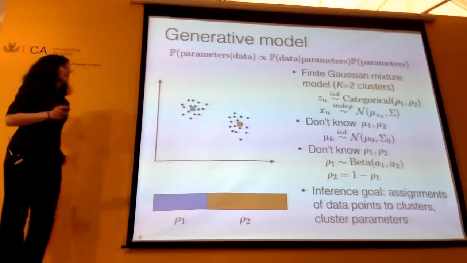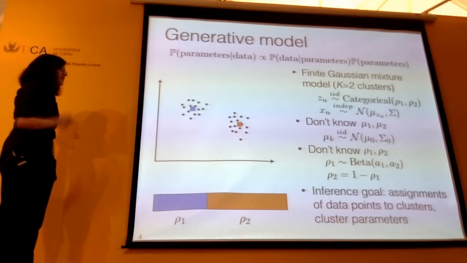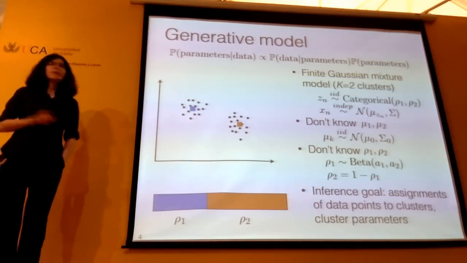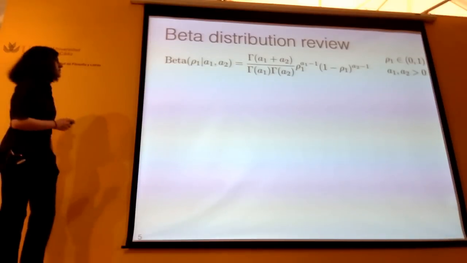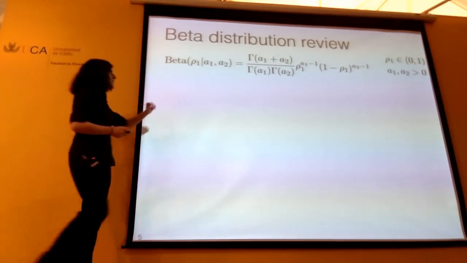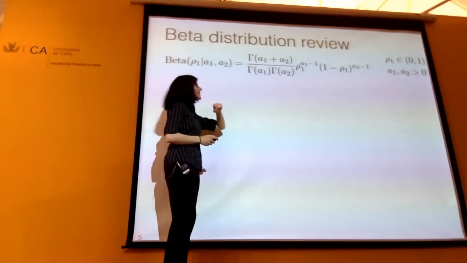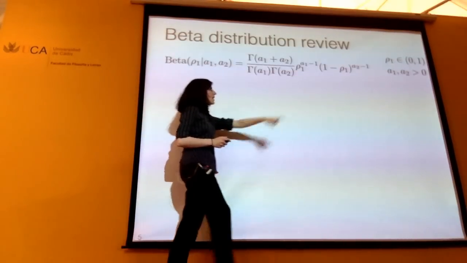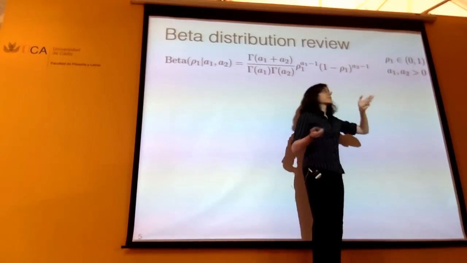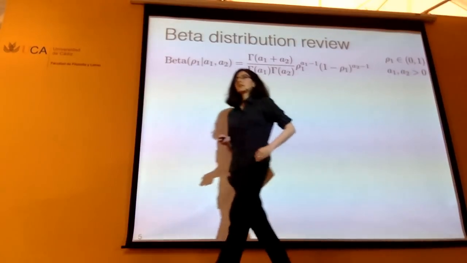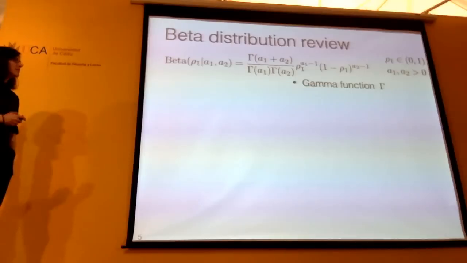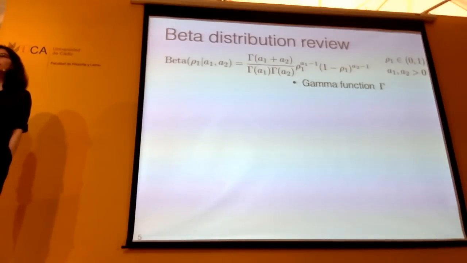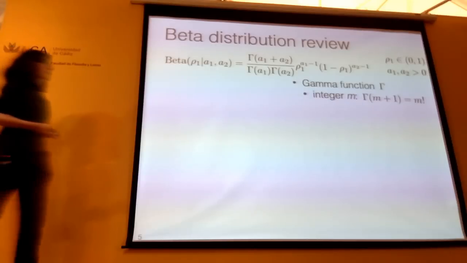And so what I want to do now is get you very familiar and feeling really awesome about the beta distribution and its cousin, the Dirichlet distribution. Okay, so the beta distribution, this is the form for its density on the interval 0 to 1. So rho 1 has to be between 0 and 1. It's a frequency, and these hyperparameters A1 and A2 have to be greater than 0. You'll see this gamma function appears here. The main thing that you want to know about the gamma function is that it behaves like a factorial.